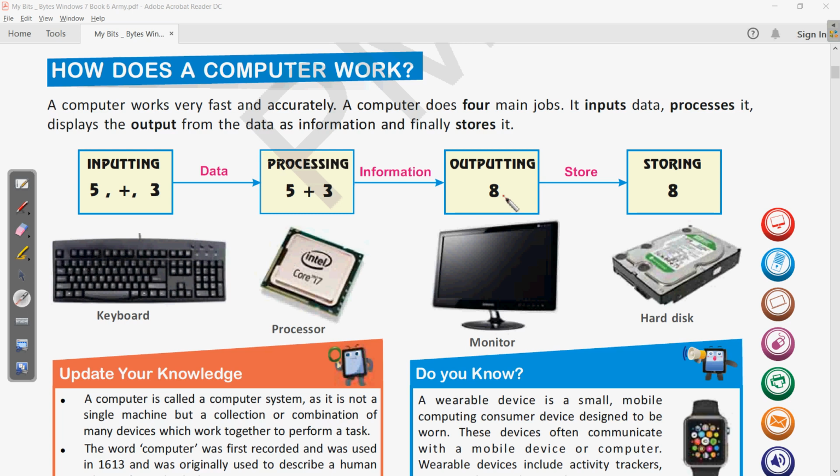Clear? So all these devices, using which we are giving instructions to the computer, are the input devices, and output devices are those using which we get the result. Clear? So it may be the monitor, printer, then also speaker. All these are examples of output devices. And the storage devices, as we have discussed, are CD, DVD, pen drive. Then one more thing we have discussed, that was cloud storage. Cloud storage, as I have explained, is the internet service facility where we can save the data over the internet. I hope this is clear.